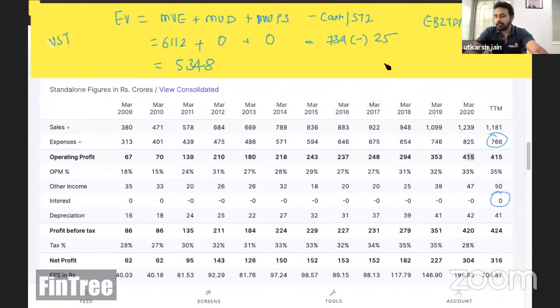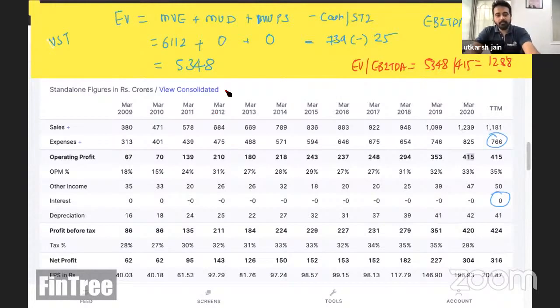Let's do the EV by EBITDA multiple. EV by EBITDA multiple. It's a lot of fun. So 5348 divided by 415. Come on, help me with this number. How much is this? It's about 12.88. Correct? And now finally we compare